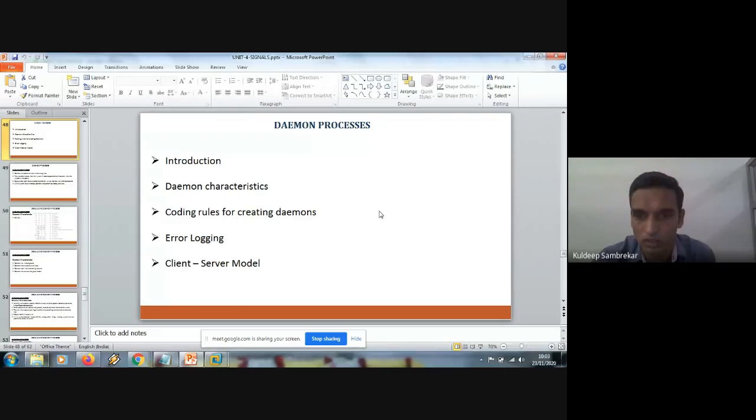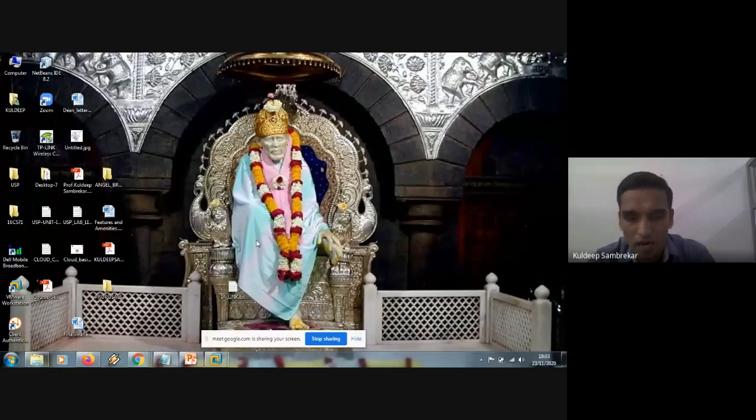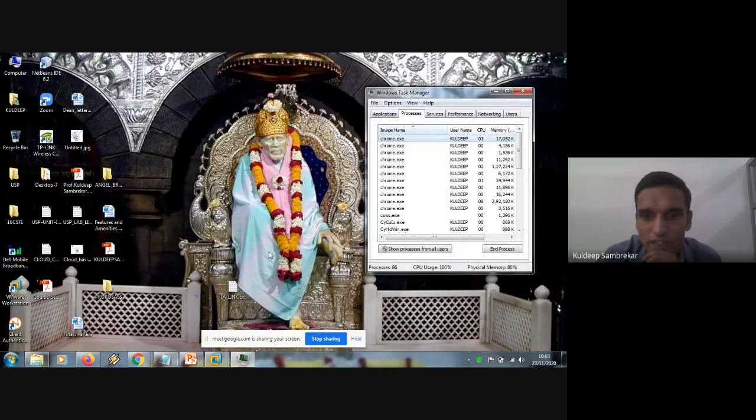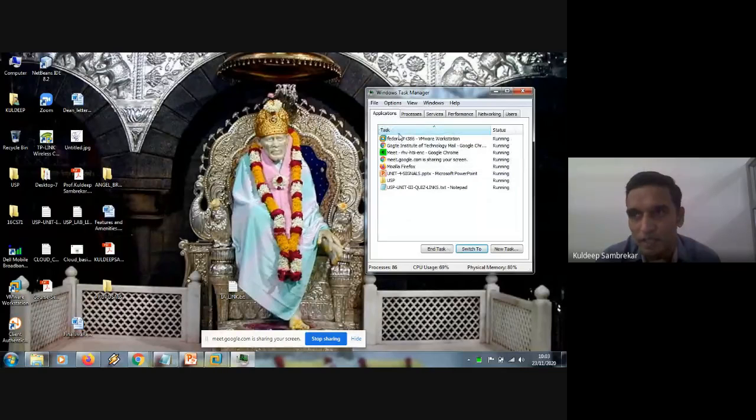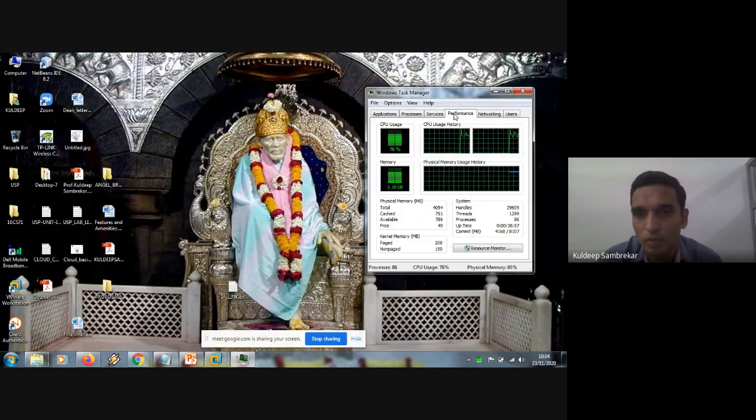If you see in Windows, because now I'm in screen sharing mode, I'll press alt control delete. This will take me to the task manager. Now see, these are the applications which are running on my system. These are the services which are running on my system, the performance of my system,